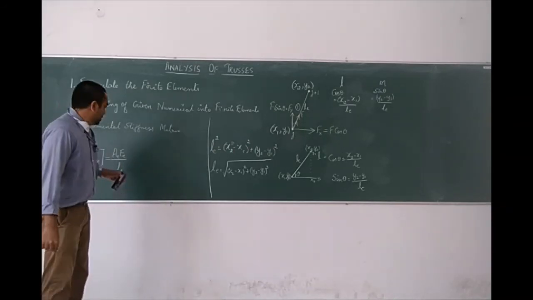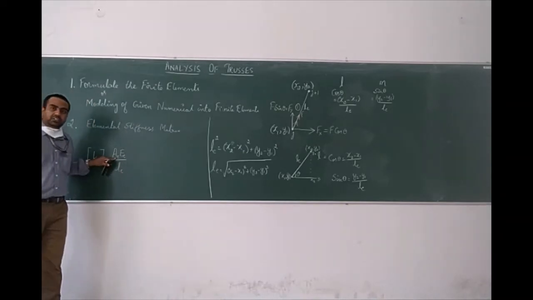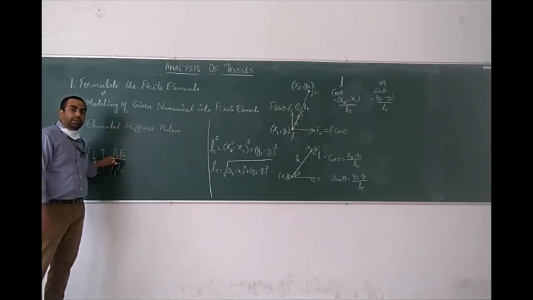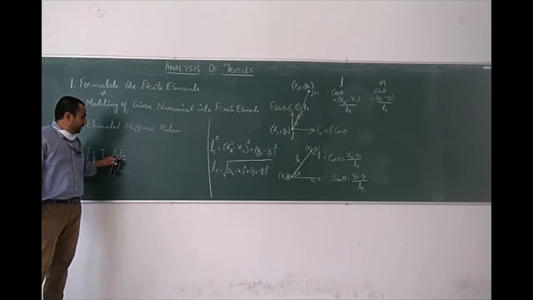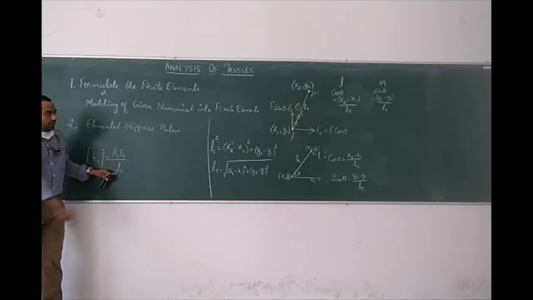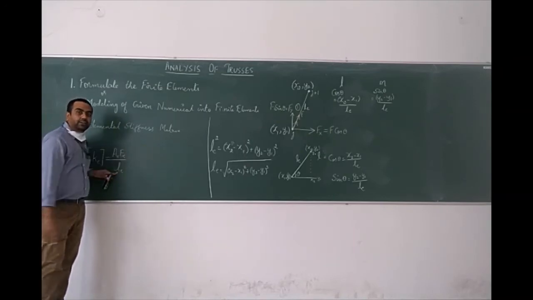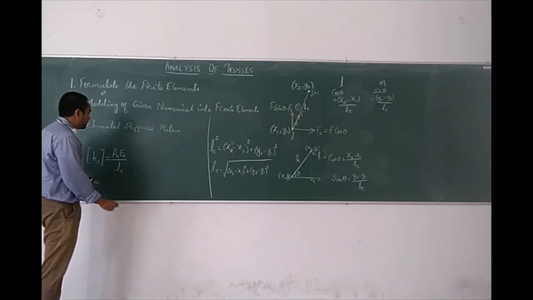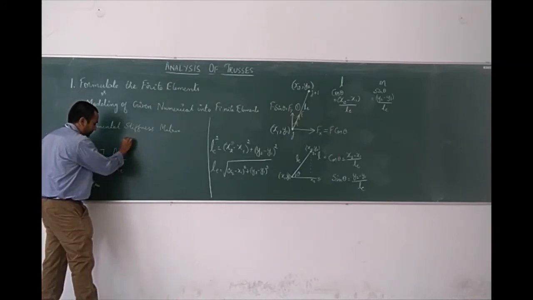So A denotes the cross-sectional area of the truss member, that we have considered, a particular element in the entire truss. E, capital E, denotes the Young's modulus of that particular element. Small l, as we have calculated, denotes the length of the finite element, multiplied by